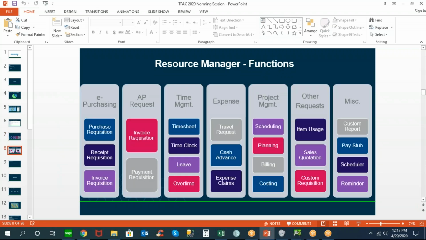These are all of the areas that Resource Manager addresses, whether it's the e-purchasing with requests for quote and transactions for POs, receipts, and invoices, AP invoices and payments, the areas that we're looking at today with timesheet, time clock, leave tracking, and overtime, as well as travel requests, cash advance, and expense claims. There's also project management-based capability around Gantt charts and scheduling with resource planning, and then other requests such as internal inventory usage,